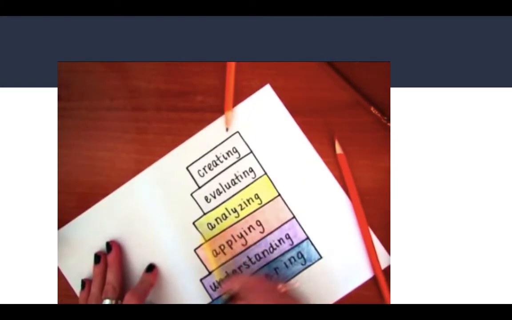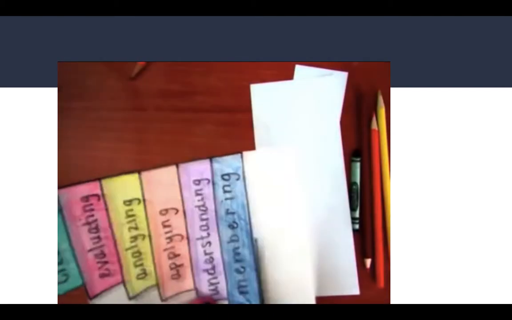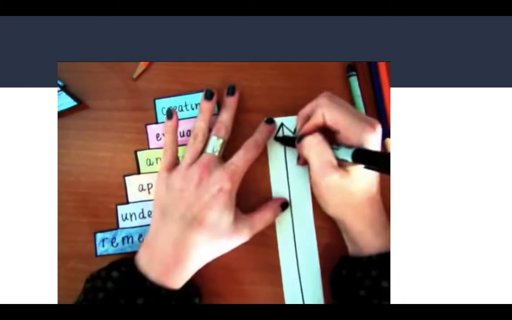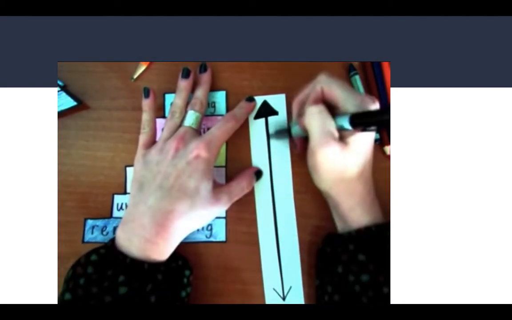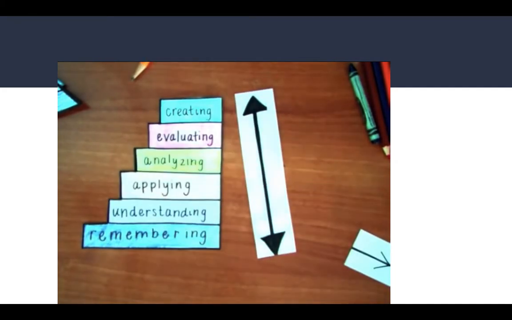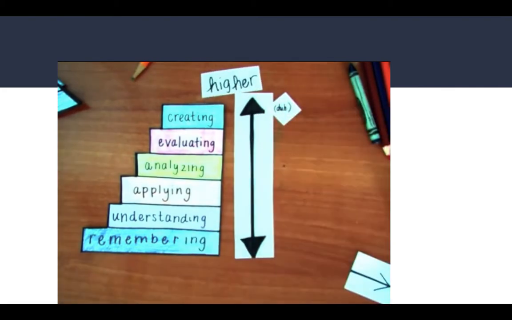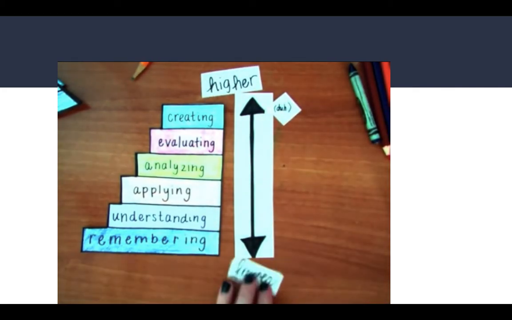And when students have reached complete mastery, they should be able to utilize all 6 levels of thinking about your standard. Each stair could be another objective that altogether helps satisfy your overall standard. Seeing the steps actually gives my students a more tangible picture of how we're growing every day. Bloom's taxonomy is split into 6 different domains. As you go up the pyramid, or my staircase, the processes of thinking can get more specific and more challenging for students. Bloom's can be used as a spectrum of sorts that varies between lower order thinking and higher order thinking, with remembering being on the lower order and creating on the higher.